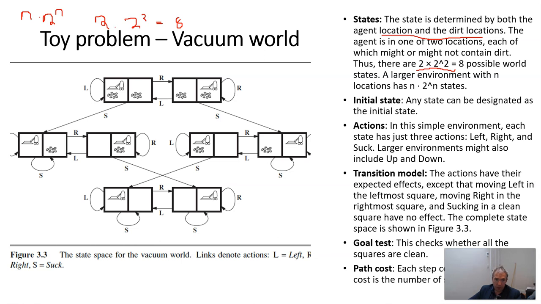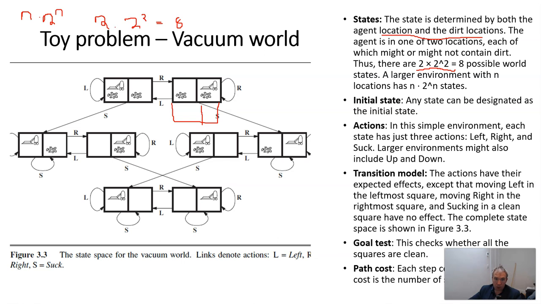So the initial state, any state can be designated as the initial state. Actions: in the simple environment, each state has just 3 actions: left, right, and suck. Larger environments might also include up and down. So if you wanted to add additional actions by adding additional tiles to enable the capacity to move, of course that would also change the number of potential